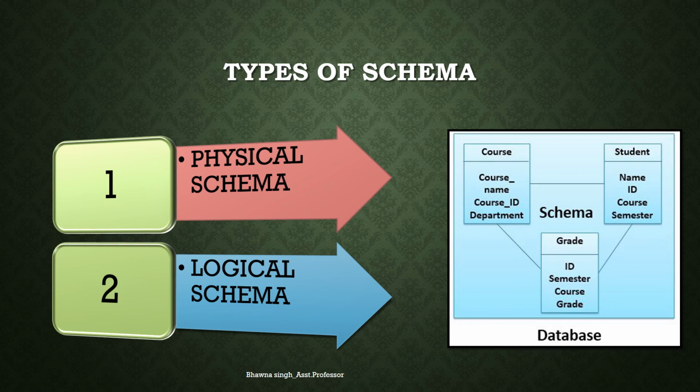These are all tables, and the relationship between them is shown by the schema. But you can see in this diagram, this is showing only the design of the database, that is only the field names you can see. It doesn't show the data that is present in those tables. So therefore we call it a schema, that it shows only the structural view, only the design view of the database, but not the inside data of the database.